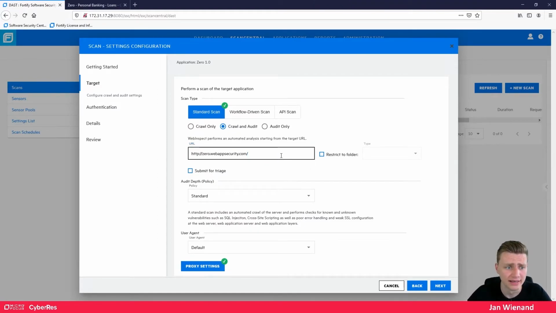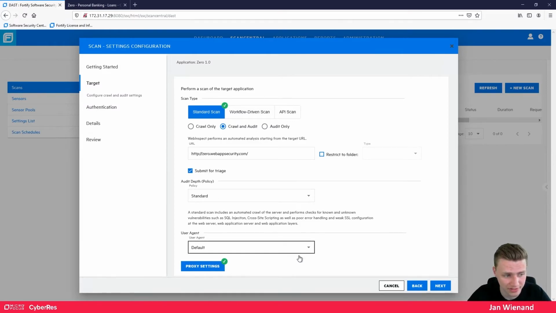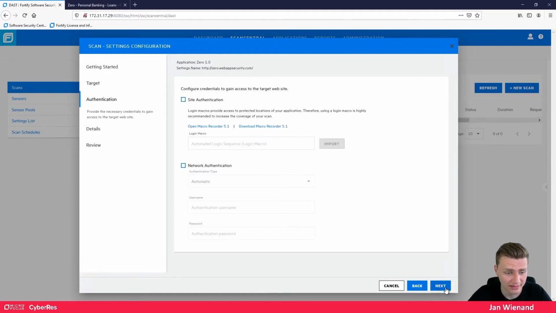URL in here. Important to know is if you want to publish the results into your SSC application automatically, you need to make sure that this submit for triage is enabled. And we will just use the standard audit dev as well as the user agent. You can also set up the proxy settings in here, but in this case we don't need that, so just